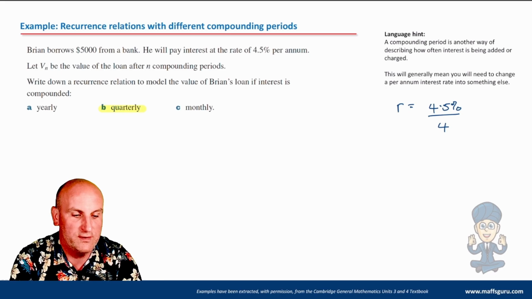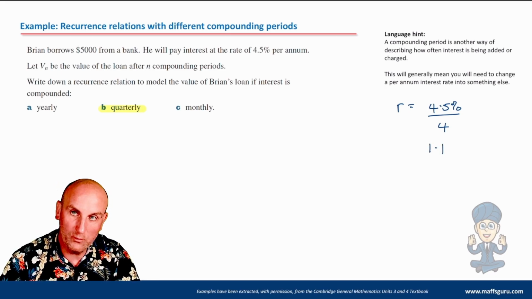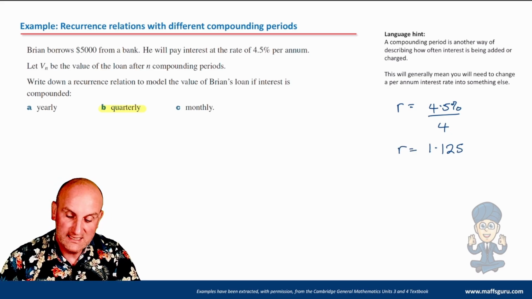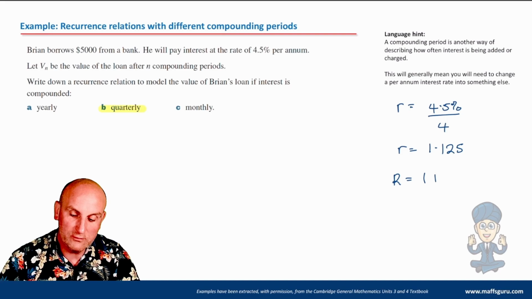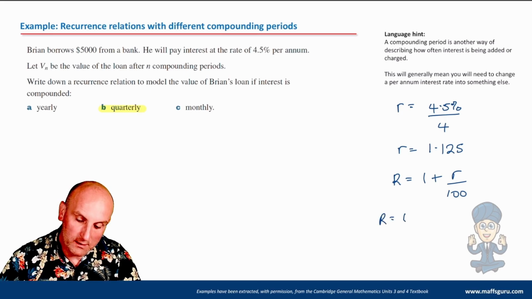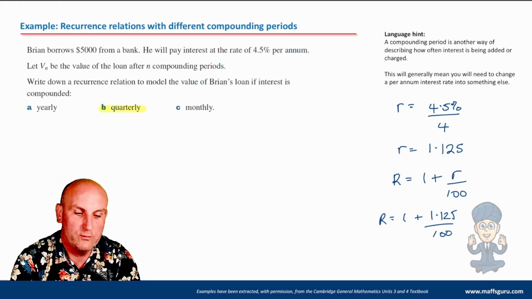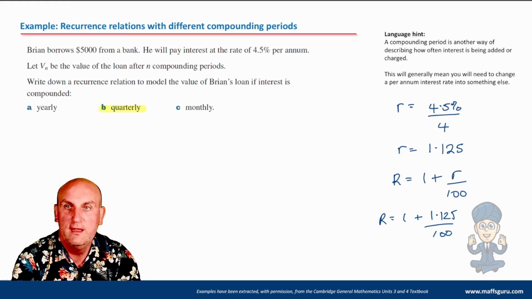Now I'm going to do this off screen for a moment. So 4.5 divided by 4 gives me 1.125. That's my little r. Now the reason I keep it that way is because I always now do R is equal to 1 plus r on 100. I'm just changing my value of r. So my big R then becomes 1 plus 1.125 on 100. And again, if you don't mind, I'm just going to do that off the screen. 1 plus 1.125 divided by 100 gives me